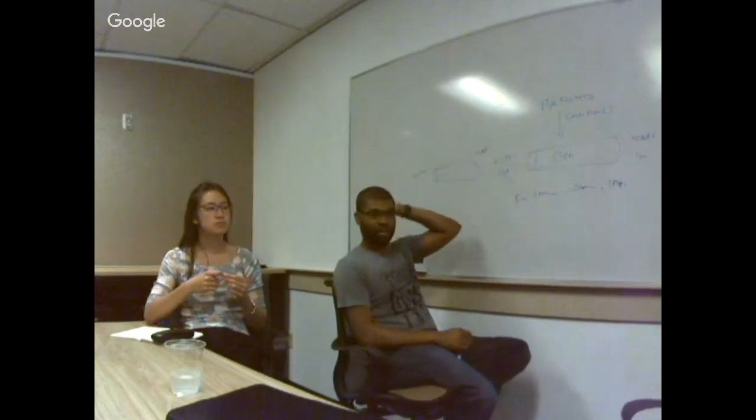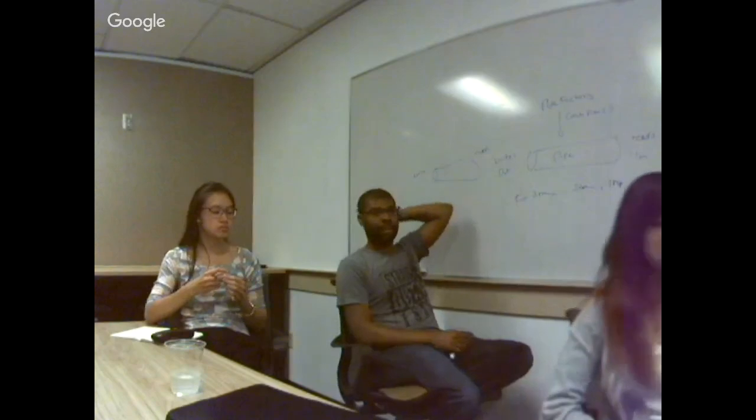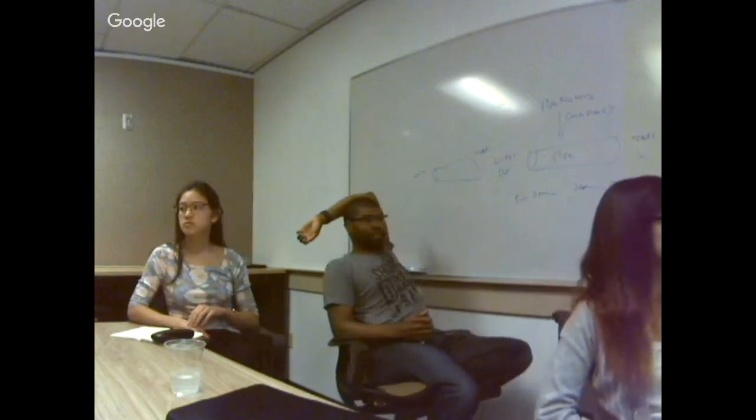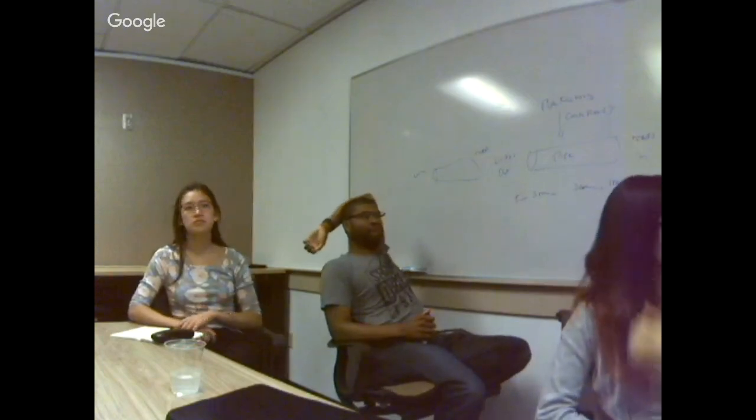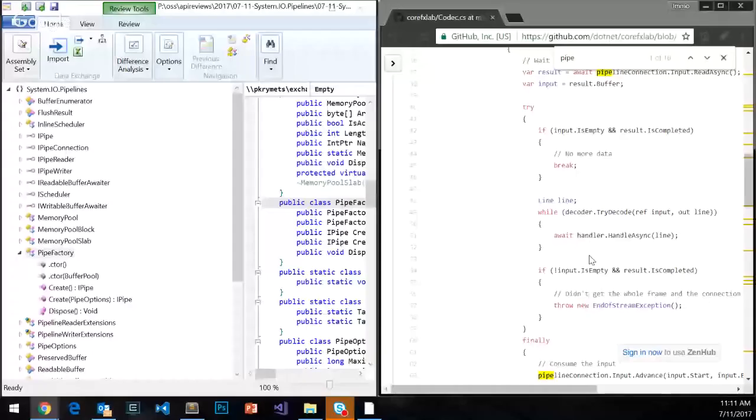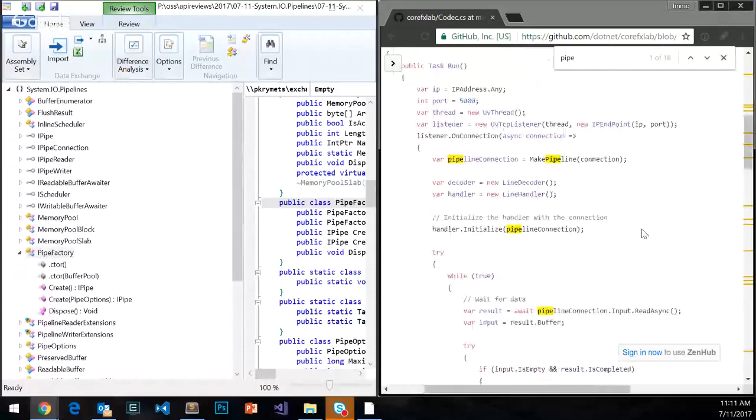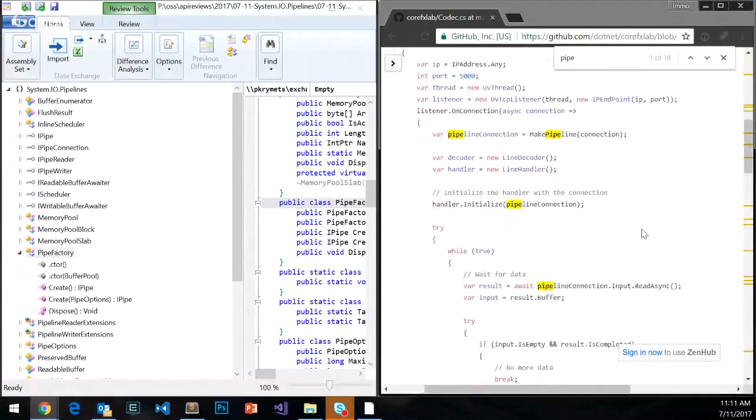So if you look at this sample, the sample is interesting. This entire API was made for a couple of reasons. It tries to simplify common things you do when you read bytes from a stream. And it also tries to minimize allocations per read and per write. So the whole goal is you allocate the pipe once, and you can reuse the pipe. But every call to read and write does minimal allocations. So for example, in this